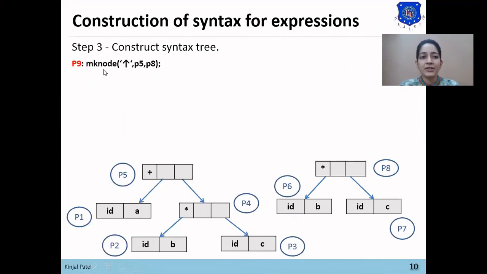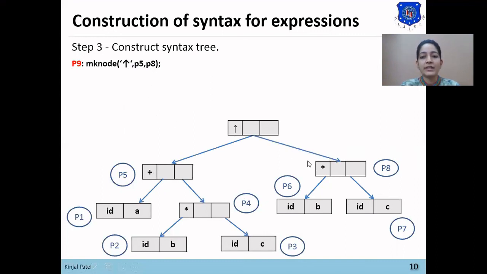Now next function is for power operator. So now for power operator subtree will be constructed that the left child of power node is P5. So here is the P5 node and right child of this power is P8 node.